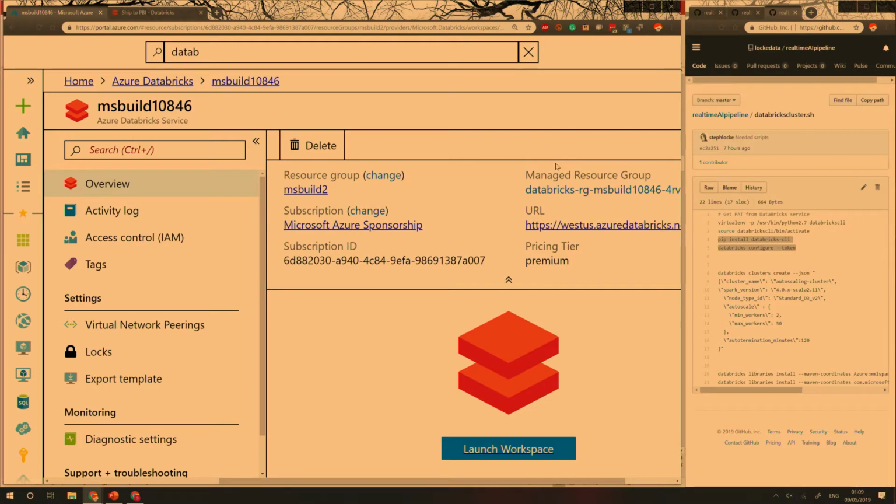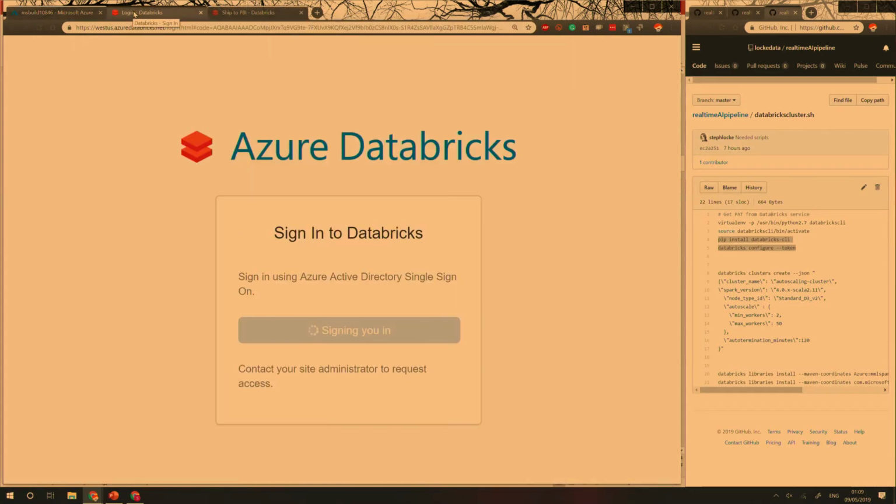Okay. So we're going to launch the workspace. And this gives me a nice user environment for me to work interactively. I need to go into this area to get a user access token. You can do it in the command line, but this is a good introduction to showing you how to do things in the user interface. So whilst that's connecting securely with my authentication,